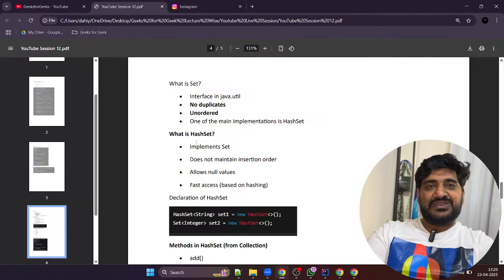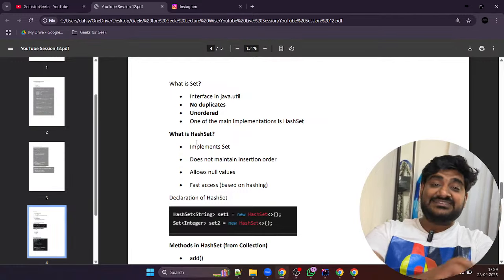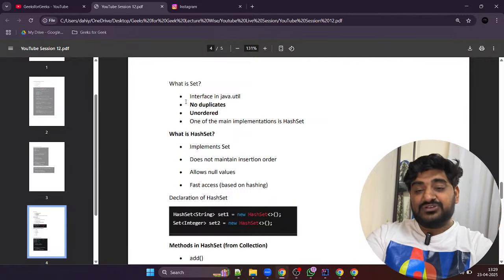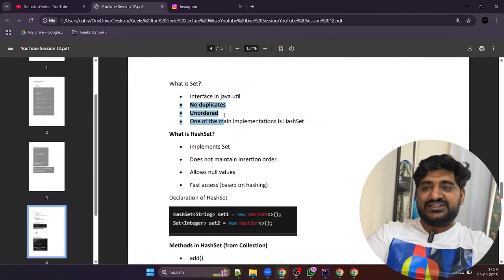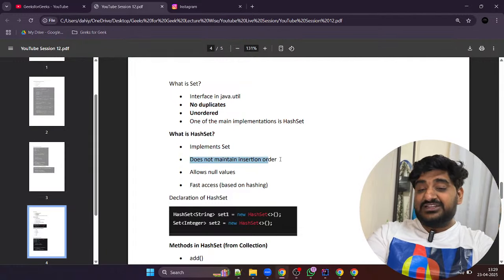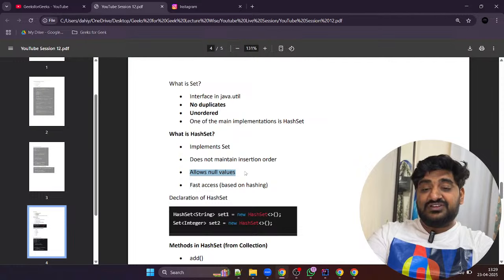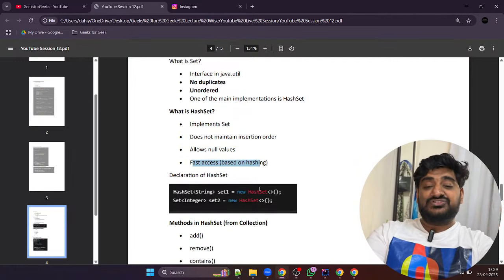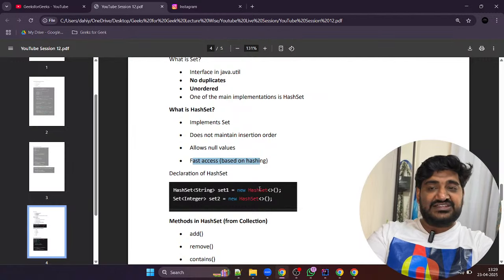So now the topic here is what is HashSet. HashSet is the implemented class of that set. It is very important. The same properties that we have in the set go for the HashSet as well: it doesn't maintain insertion order, allows null value, has fast access, and since it's a set, duplicacy is not allowed. So how can we declare a HashSet in our